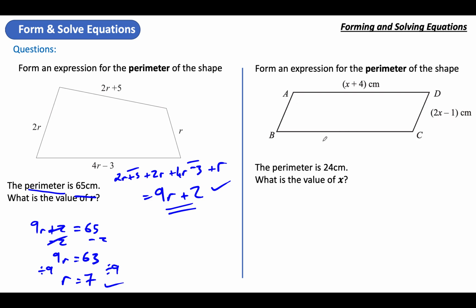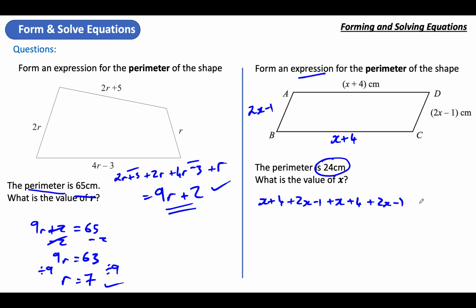Right, form the expression. Form an equation using the new bit of info. Solve. Right, perimeter. The bottom edge of this will also be x plus 4. And the left-hand side will also be 2x minus 1. Put them all together. So x plus 4 plus 2x minus 1 plus the other x plus 4 plus the other 2x minus 1